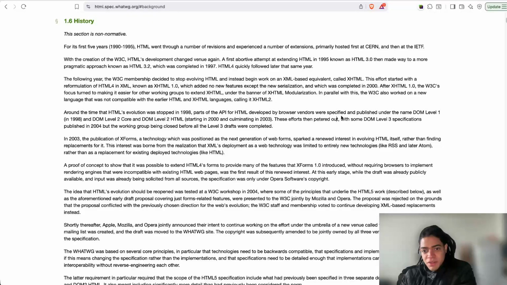If these efforts then petered out or faded out, with some DOM level 3 specification published in 2004, but the working group being closed before all of the level 3 drafts were complete. In 2003, the publication of XForms, a technology which was supposed to be the next generation of web forms, and it's interesting, which is what I'm going to do in today's video, sparked a renewed interest in evolving